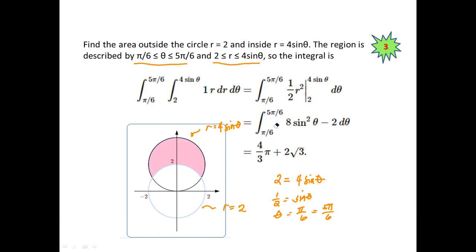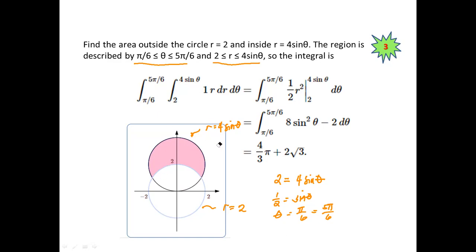Because you have here actually a real value, all you have to do is encode this in Mr. Casio. He will already give you the answer without you knowing in the first place how the integral should be evaluated. Meaning, even if you don't know how to integrate this one, since you are given a definite integral, your calculator can process this for you. Now, it's a different story if the solution is required from you for this particular integral. Okay, so the answer is 4 pi over 3 plus 2 square root of 3 for the area of